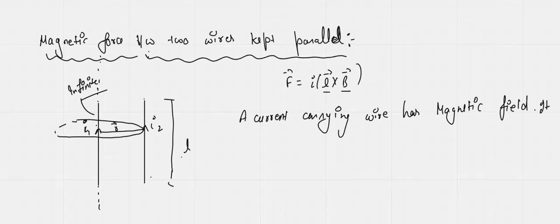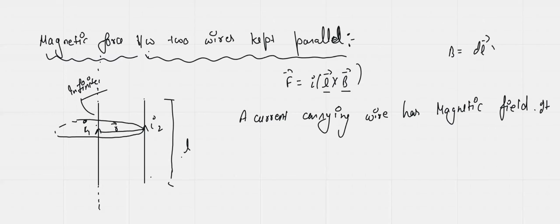So you can say one thing: what is the direction of the magnetic field? You know the magnetic field is nothing but mu naught by 4 pi, current I dl cross r, over r cube. I'm curious to know only about the direction, so B is directly proportional to